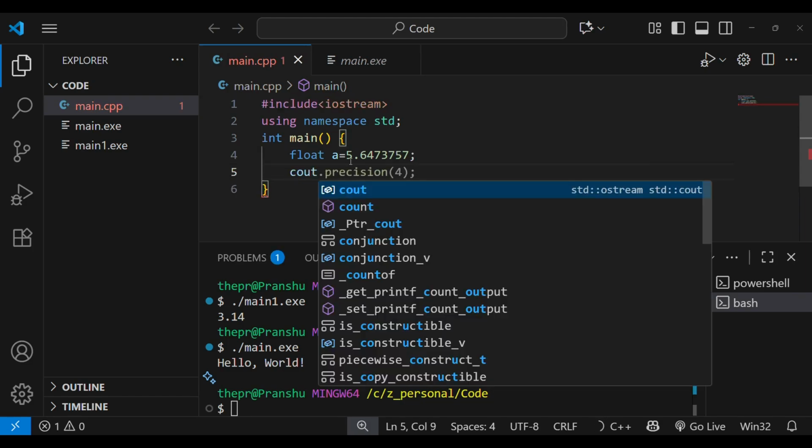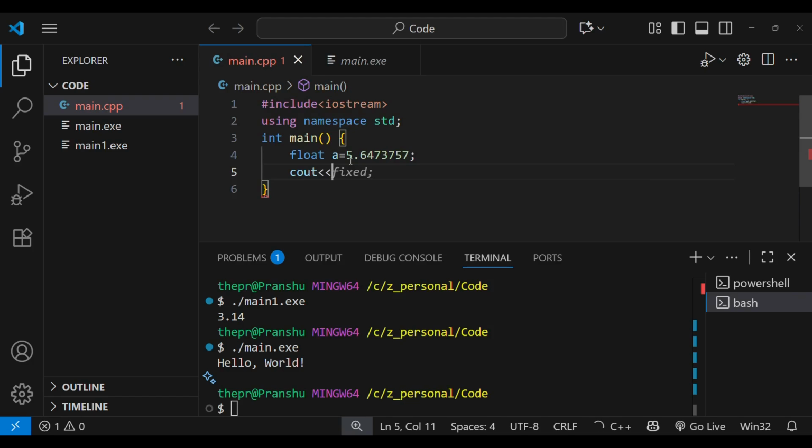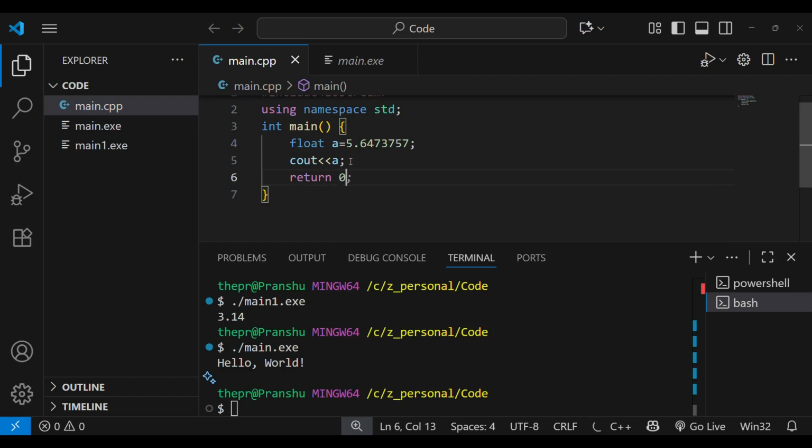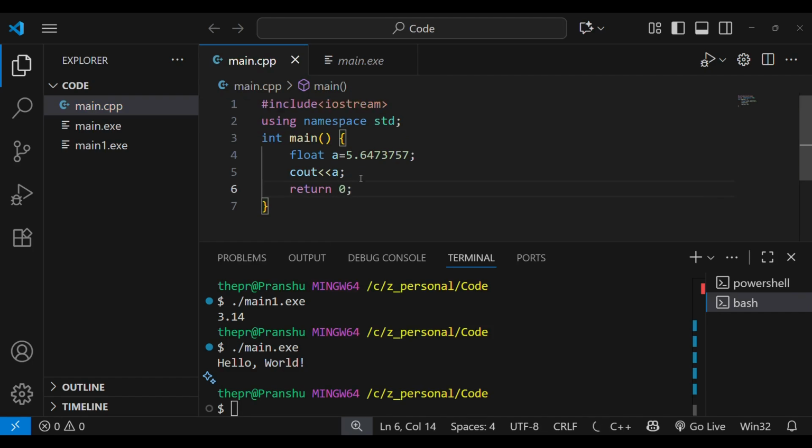Okay, so now we have to see the output of a. If we want to get the output of this code, we will get this value as our output.